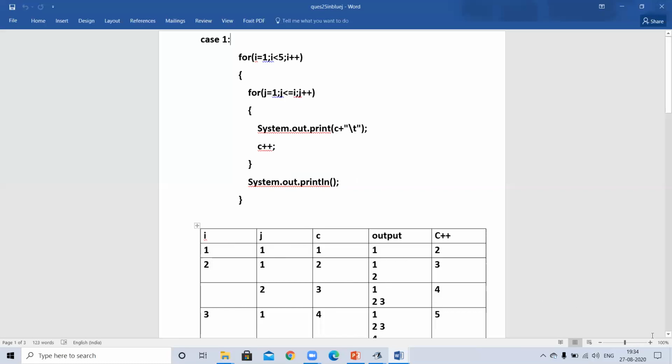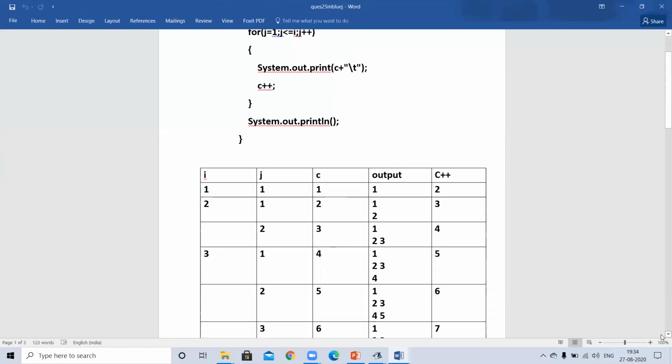My first iteration of the inner and outer loop gave 1, the second iteration of the outer loop gave 2 and 3, and now this is the third iteration of the outer loop. When i is 3 and j is 1, it will print c. What is the current value of c? 4. Then after printing, it will increase by 1, to 5.